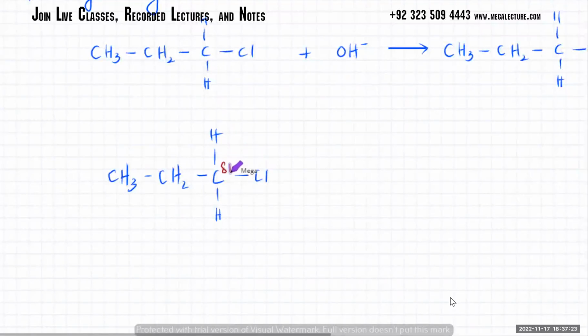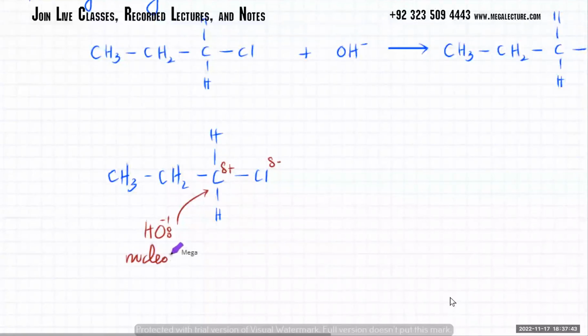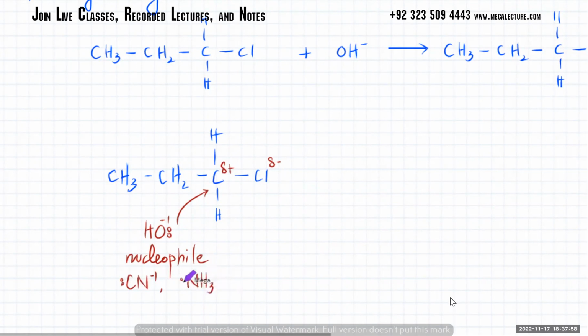कि this bond is very polar, carbon is slight positive, Cl is slight negative। The OH minus, one nucleophile with its lone pairs, will get attracted to this carbon atom। ठीक है, and this was your nucleophile। There were other nucleophiles as well। AS के अंदर not just OH ions, there were other nucleophiles as well like CN-, वो भी होता था CN-, and you also had ammonia as well, NH3 as well। ठीक है, that was a nucleophile as well। So the OH- will approach this carbon atom and at the same time electrons from this bond over here are going to be repelled। Next step, कि बारी बारी करके the electrons are getting repelled and the OH is coming closer to it। So there was a transition state that would form,